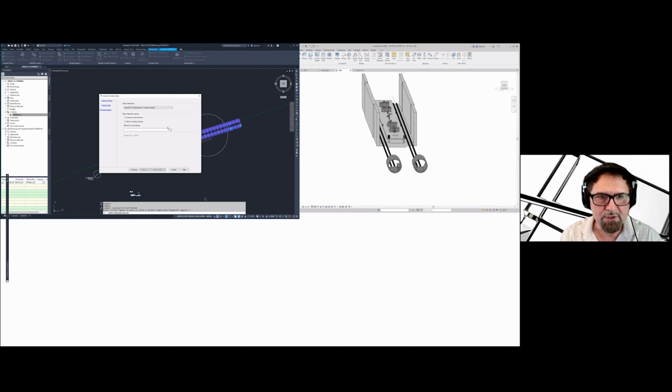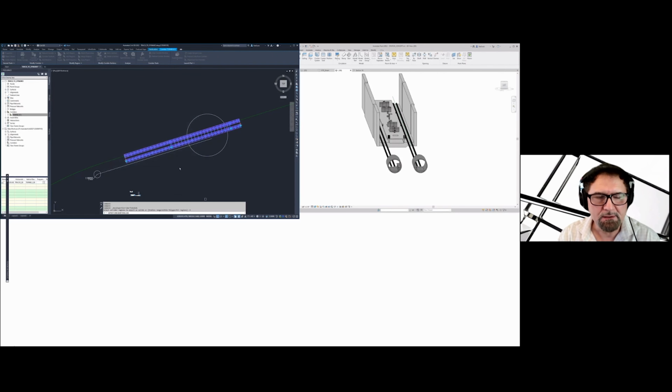I'm going to add that to a new drawing, and I'm going to call that track to Dynamo. Okay, so we'll just leave it there. We'll extract the solids.